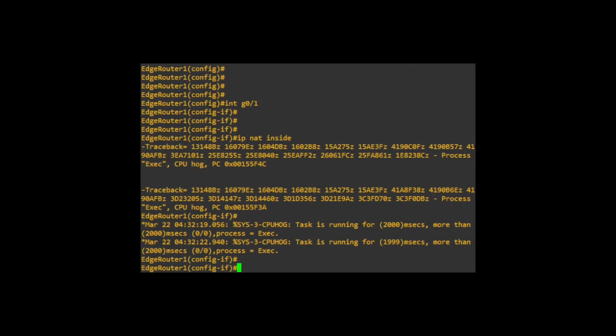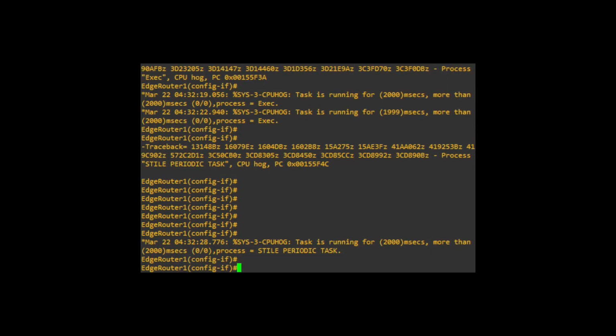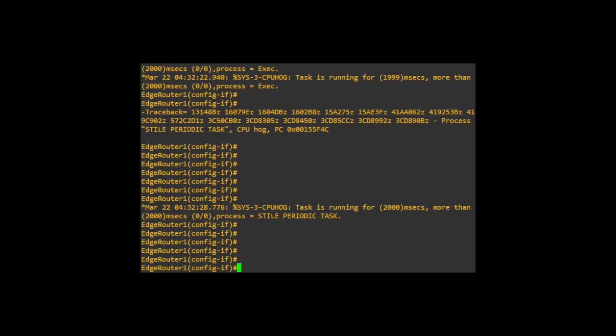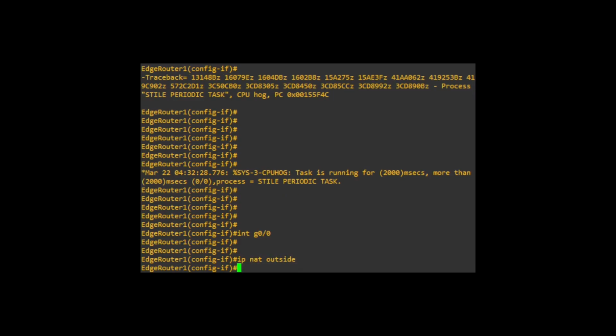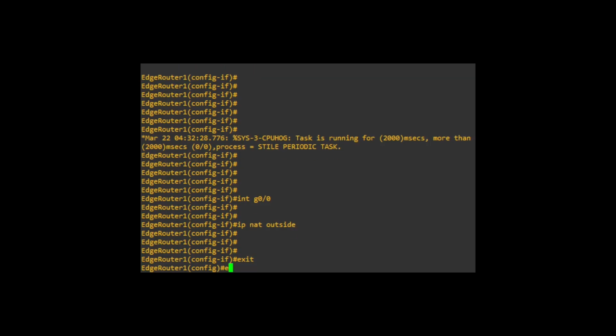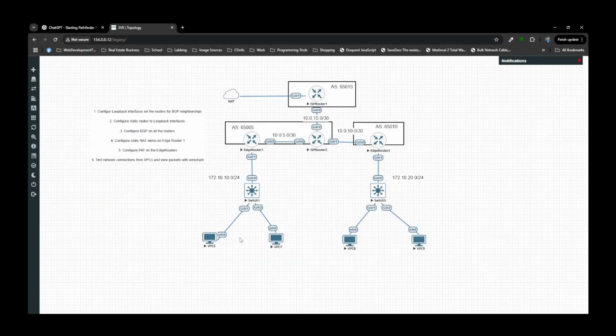Okay, and we're going to want to do interface Gi0/0 and say IP NAT outside. All right, that should fix that. And now again, let's close this, go back to VPC 6